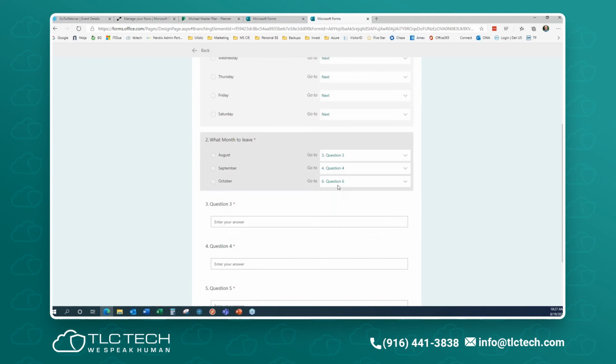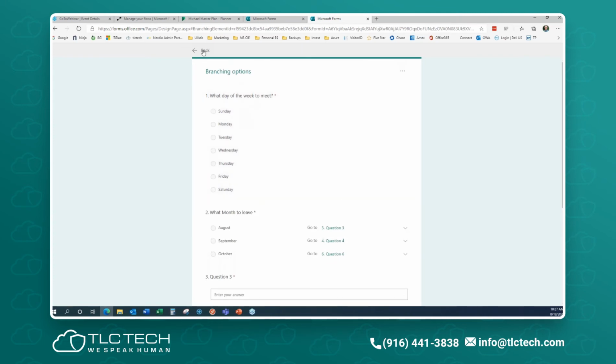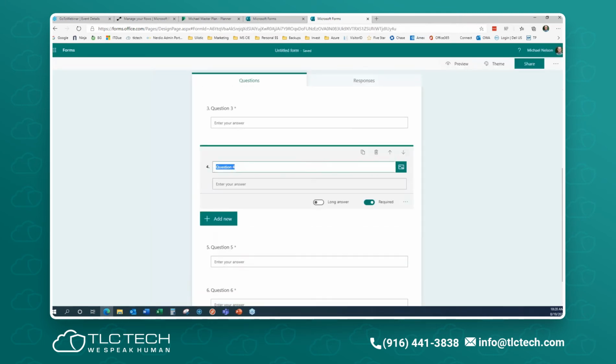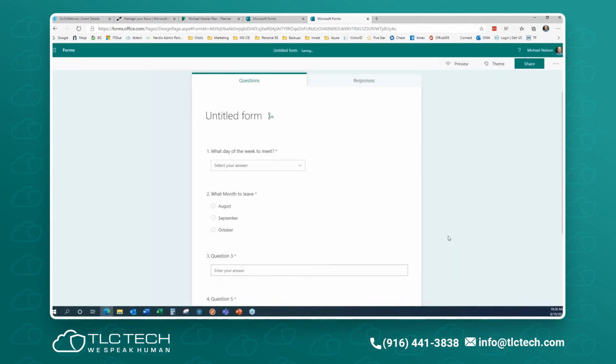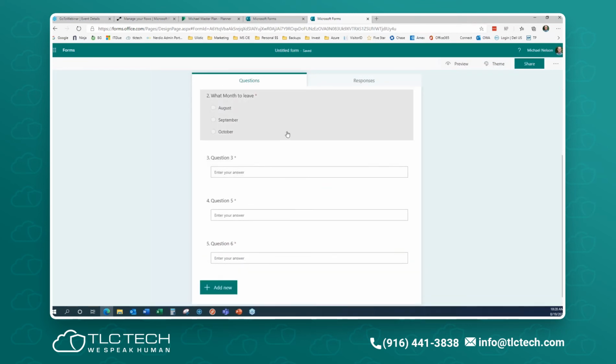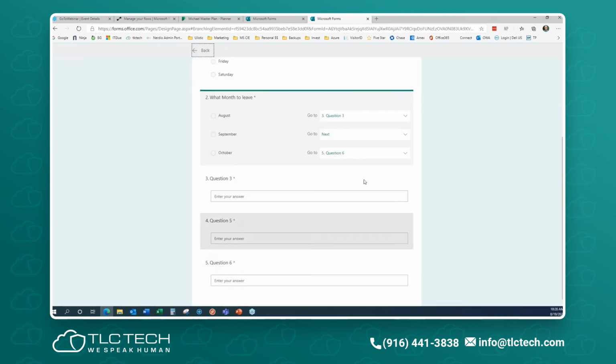What I do want to point out, so I'm saying go to question 4. Here's the rub: if I go back to question 4 and I delete this, that was part of my branching. So now I'm going to have to deal with my branching again, because it doesn't know what to do since I took away what it knew was the option.